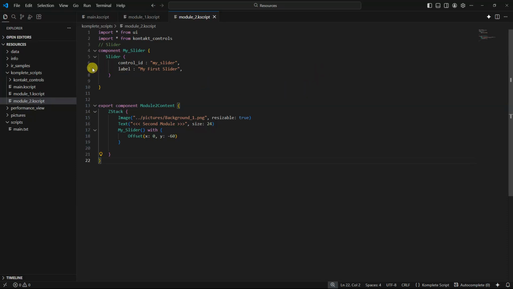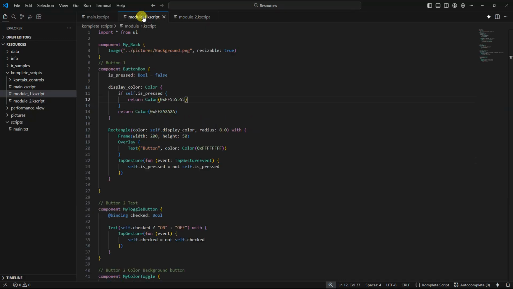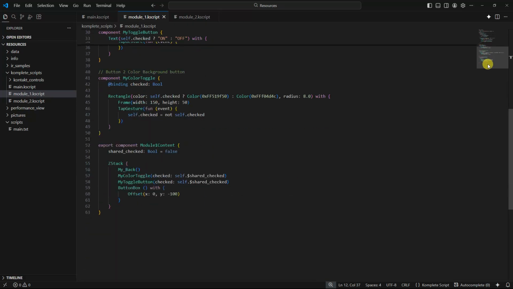The slider component is imported and declared there, and at the end it is exported within a combined component alongside the background and text. We could have created separate components for the background and the text at the top of the code next to the slider component and added their names to the exporting final component, just like we added the slider component. You can see this principle in another module which has a more complex code structure where several